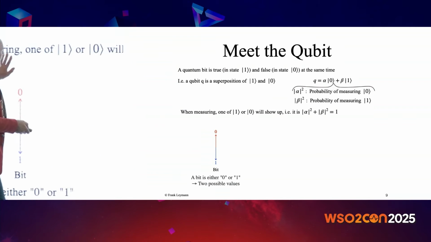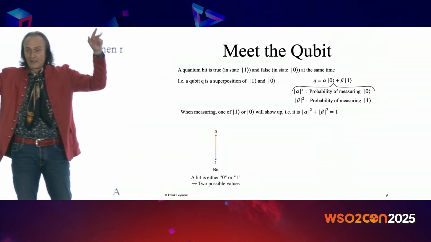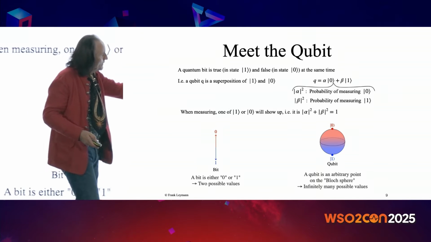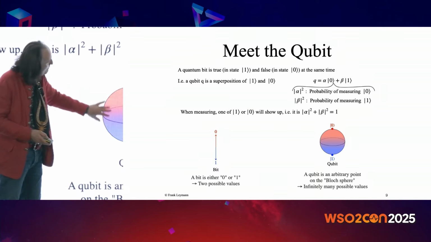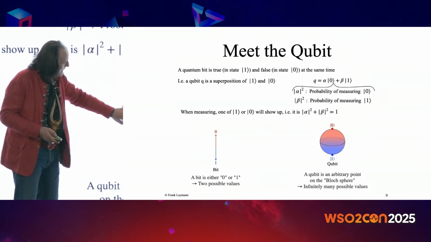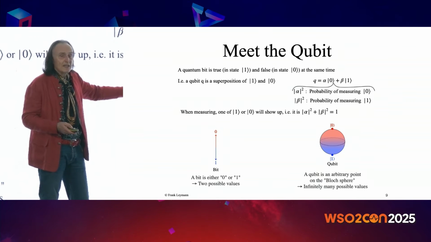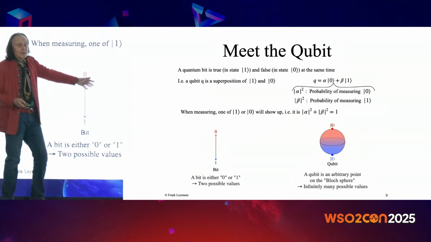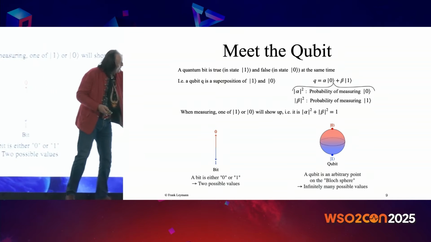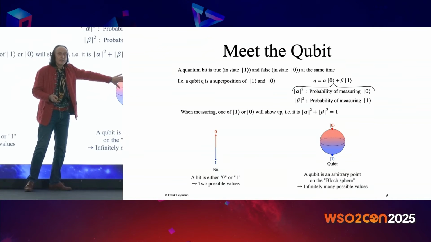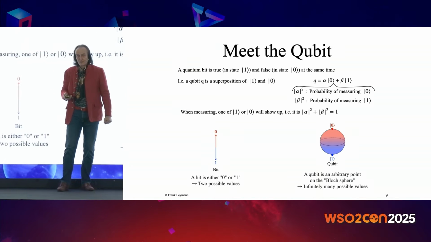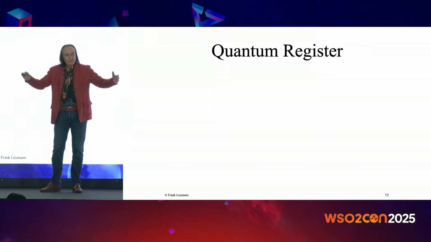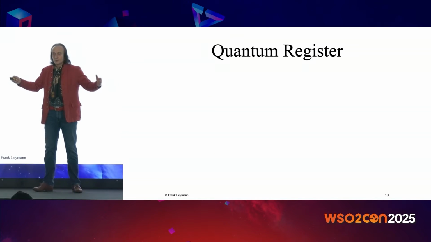That basically means a qubit is a vector of length 1. And graphically, you can represent a qubit by a point on the surface of a ball of radius 1. And this qubit now has an infinite number of potential values. Not only these 2 values, but an infinite number, because any point on this Bloch sphere is the potential value that the qubit has at this very moment. Okay. And as we can bundle together bits into a register, we can bundle qubits into a quantum register.